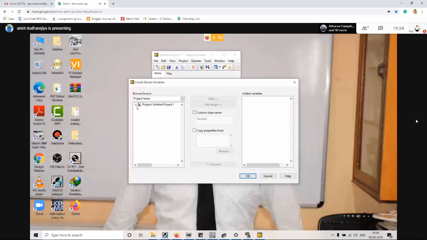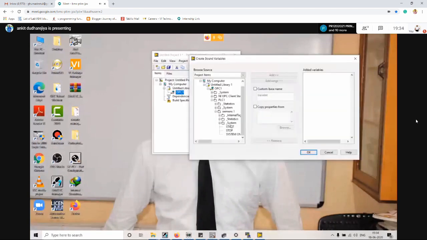So here we have PLC1. Then what is the device we have? That is CS1. So we have to go into CS1, and when you go inside, you will be able to find the options start, stop, and system on. These three tags we have created, you will be able to see over here.